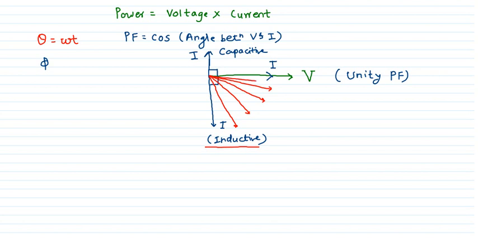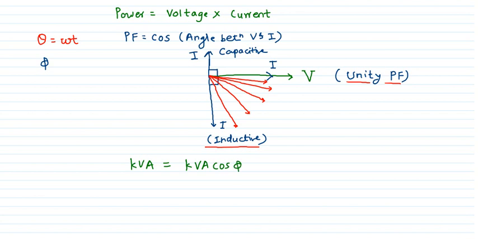Okay, and your aim is to operate your circuit always on at a unity power factor. Why? Because in another way, imagine your supply is giving you an amount of power which is kVA. Now if you see the vector relationship earlier, your kW is nothing but kVA cos phi.